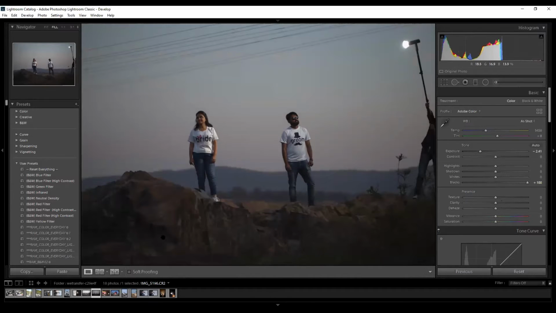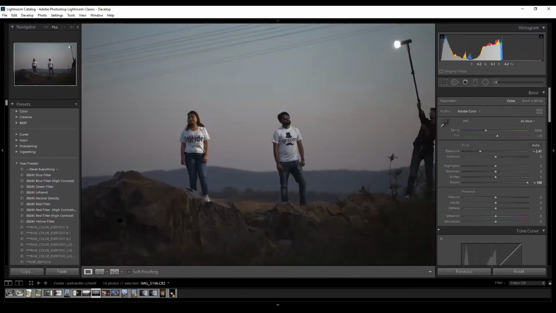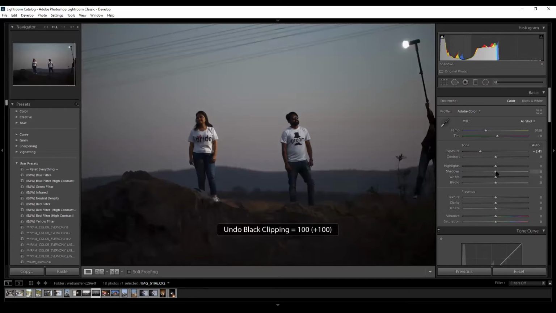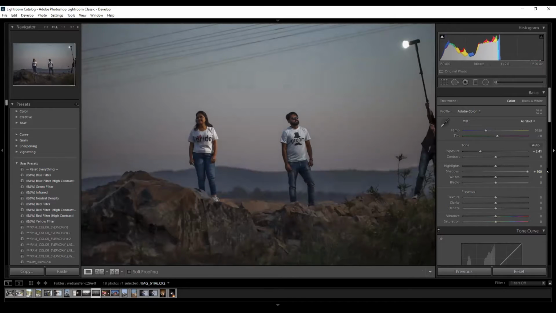See, the shadows are still over here. Can you see? As I remove the black, the shadows are maintained over here. But when I work with the shadow, it will remove the shadow from there because it is a proper shadow. It's not black. Now you can feel the difference.